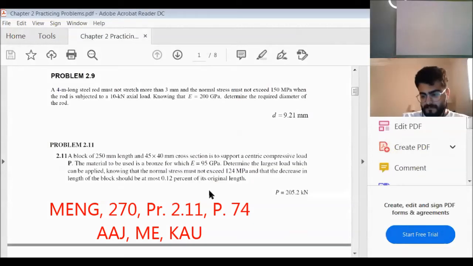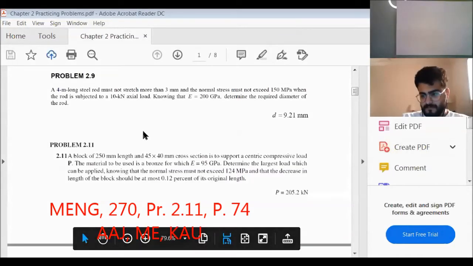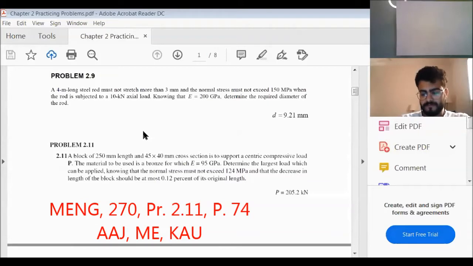This is problem 210, can you see it, guys? Clear, Doctor. Okay. Here it says problem